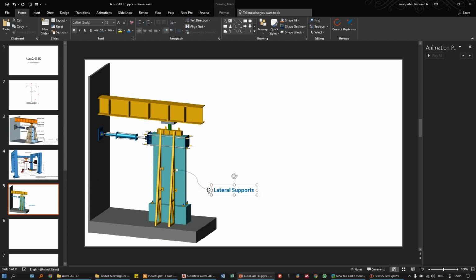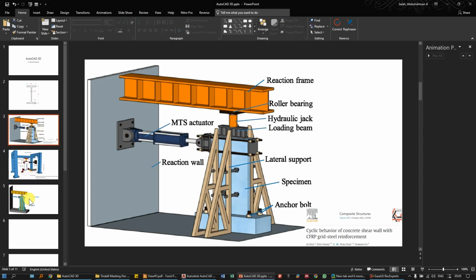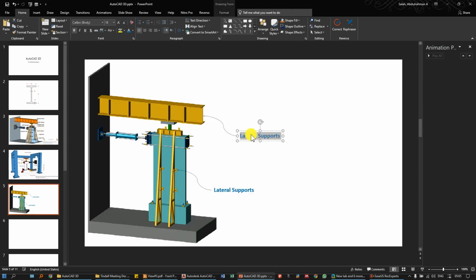And from here we can just simply copy this again. For example, to this one we can say, I think the reaction frame, we can call this, yeah, we can distribute those annotations